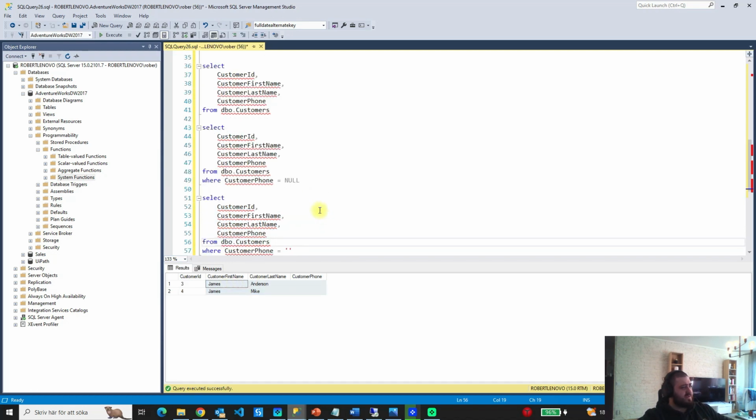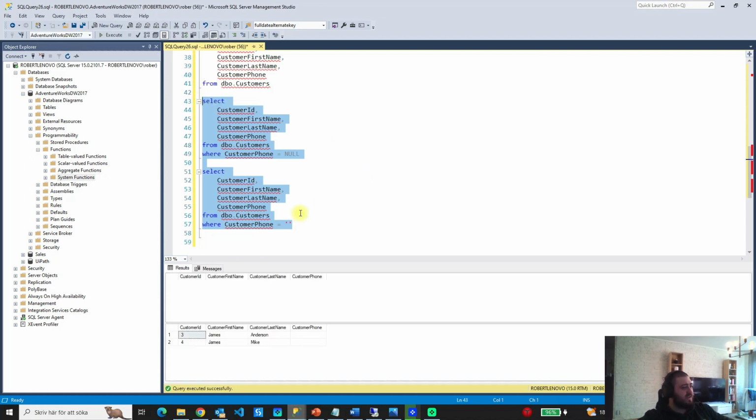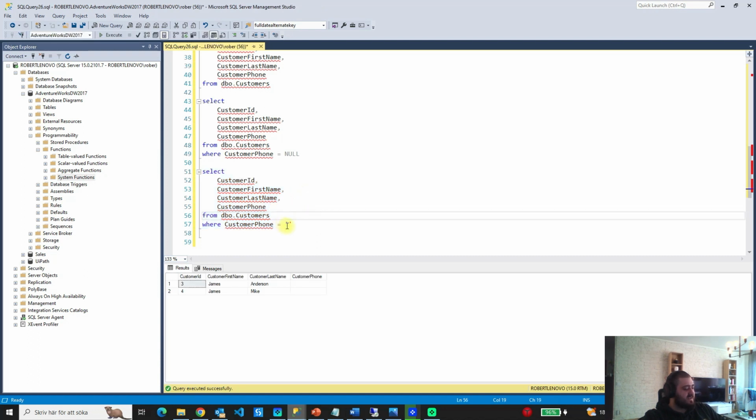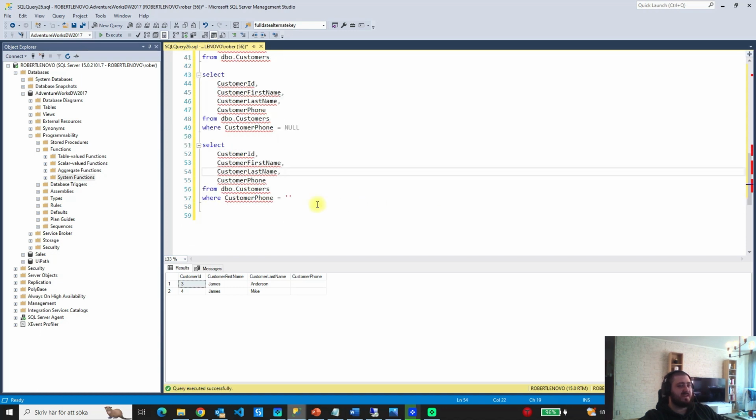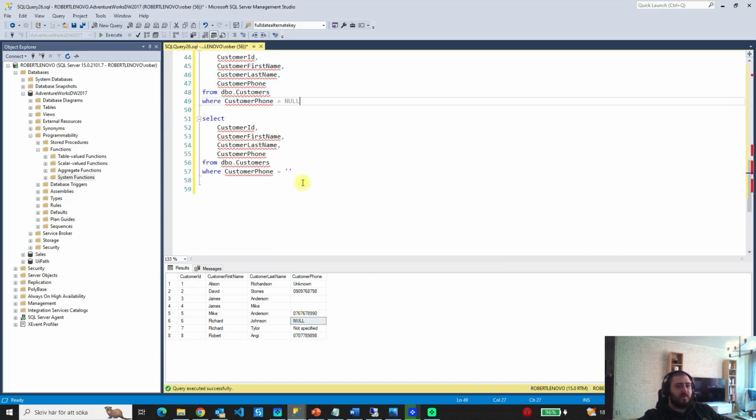So the point I'm trying to make here is that null and an empty string are not the same, even though one might argue that null is nothing, it's not specified, so it's empty. Yes, it is empty, it is not specified, but SQL Server still treats null and empty strings differently. So if we really want to select all of the rows where the phone number is null, we have to use a special function which is directly tied to working with nulls. And that is the IS NULL and